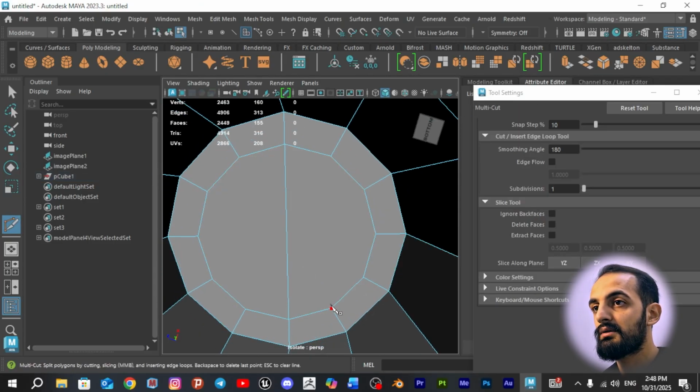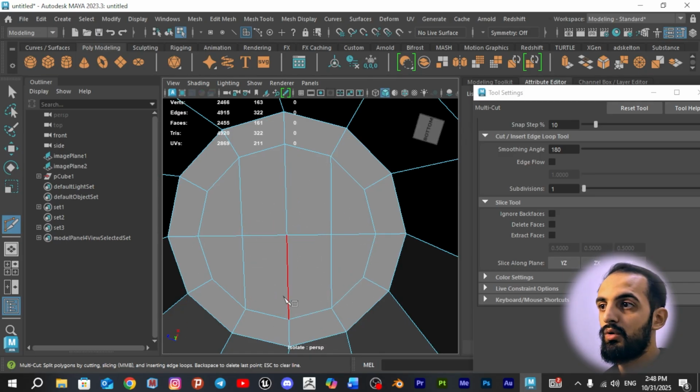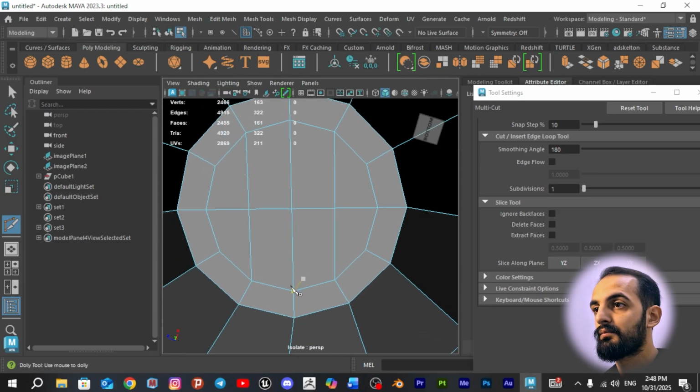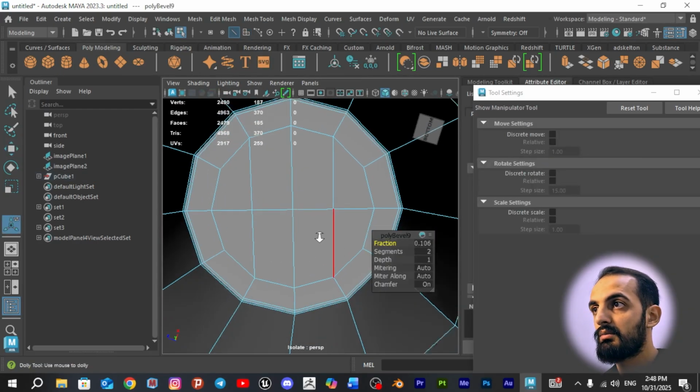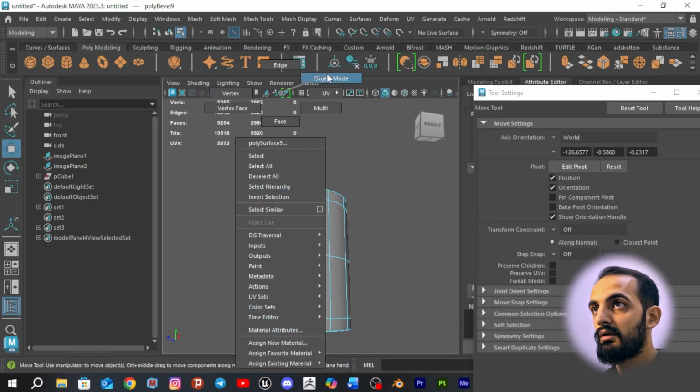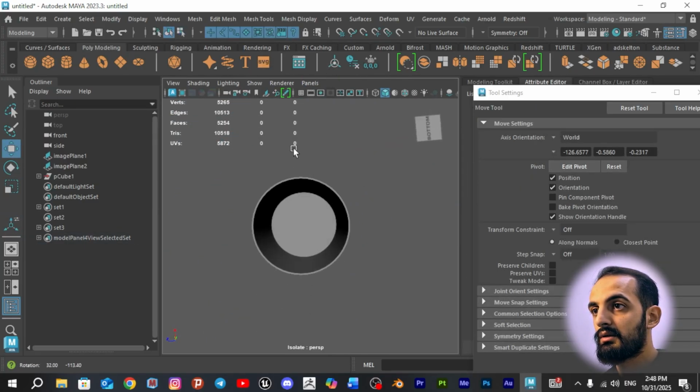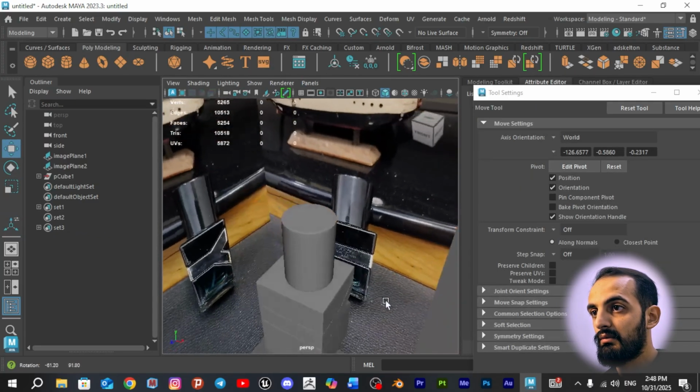I'm gonna fix this topology. All are quad. So here I'm gonna import the support. You see that it has a good model,